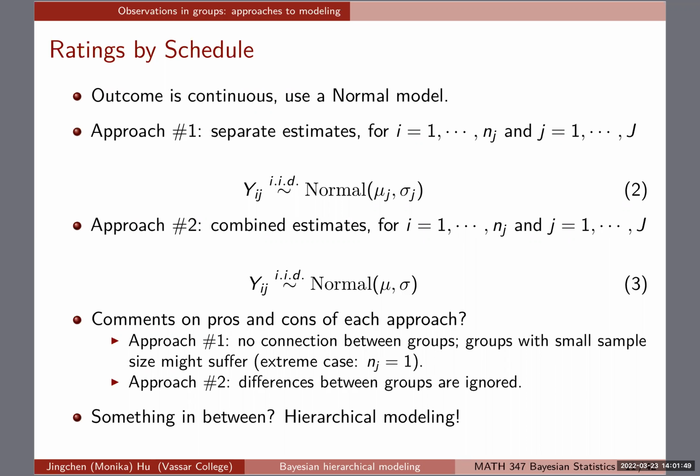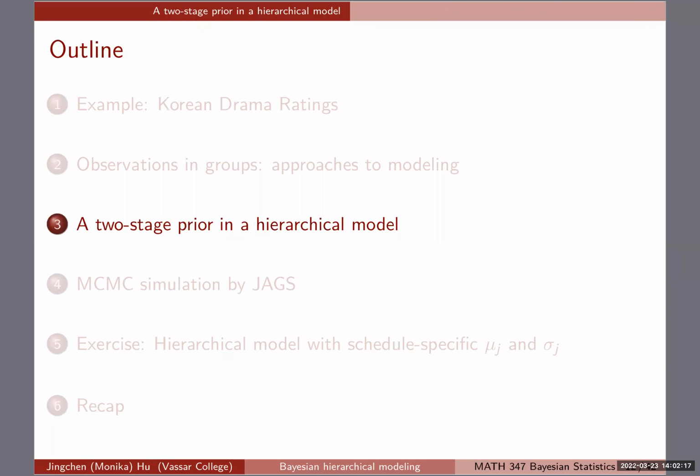At the same time, we're trying to borrow information across the different groups, so that groups with small sample size can also borrow some information from the other groups, and we can make a little more refined inference. The general strategy is called hierarchical modeling, and I'm going to show you more about why we call it that and how to set it up in JAX. Okay, so with that,